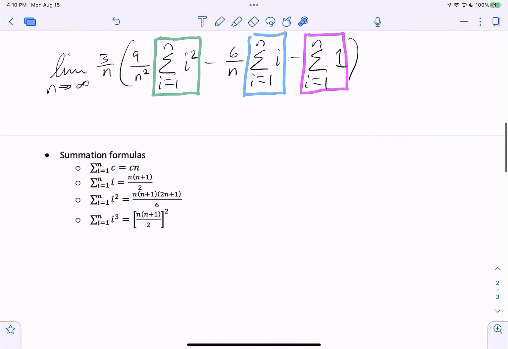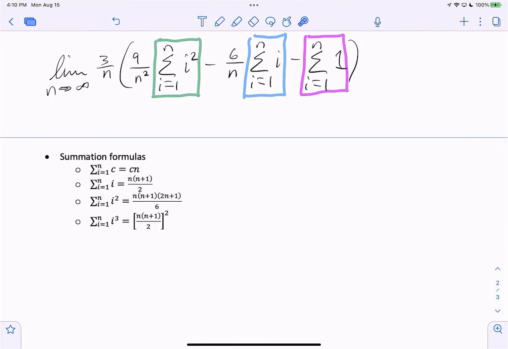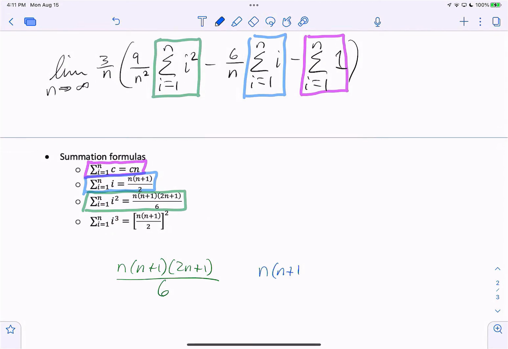These are generally presented in a pre-calculus class. What we have are formulas for how to handle the sum as i goes from 1 to n of 1, and then as i goes from 1 to n of i, and as i goes from 1 to n, the sum of i squared. We aren't using i cubed in this particular case, but you probably will in the homework. So the sum as i goes from 1 to n of i squared gets replaced by n times n plus 1 times 2n plus 1 over 6. The sum as i goes from 1 to n of i gets replaced by n times n plus 1 over 2. And in the case i goes from 1 to n of 1,